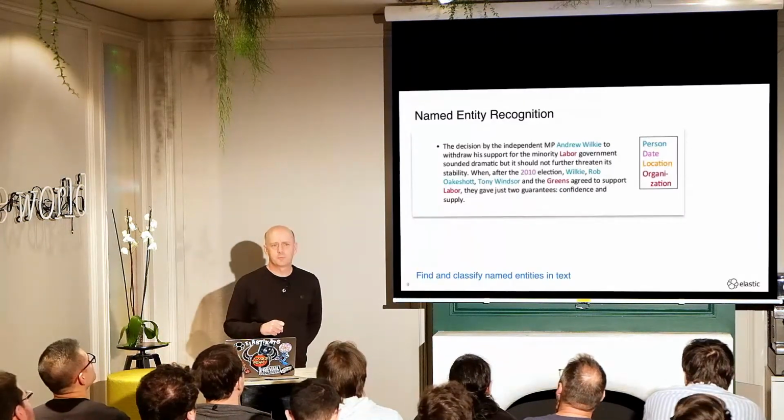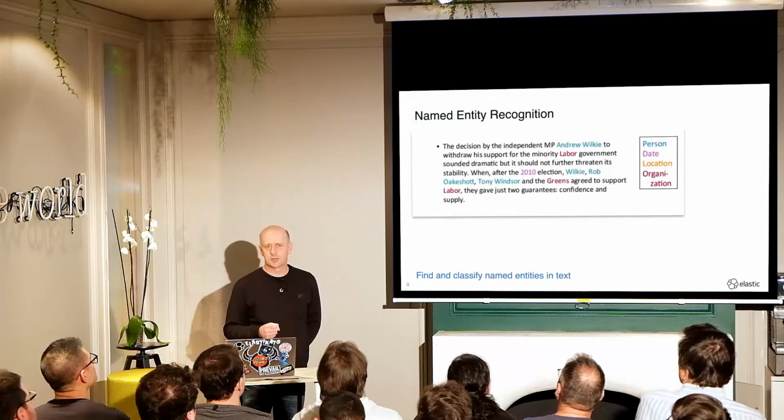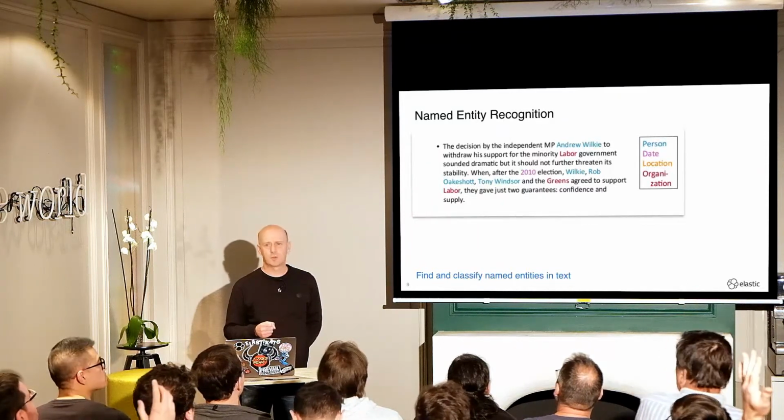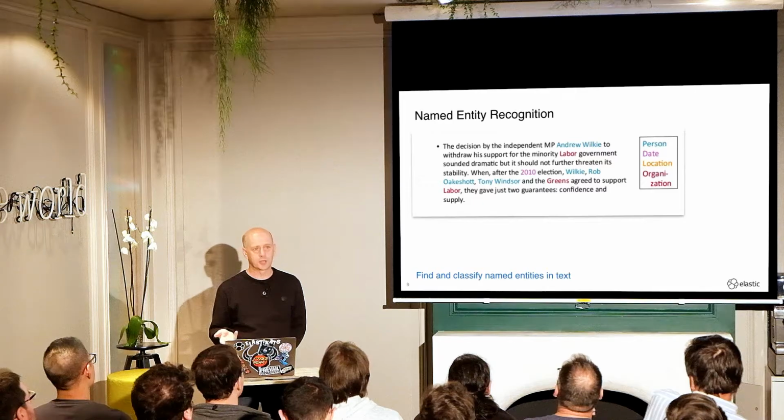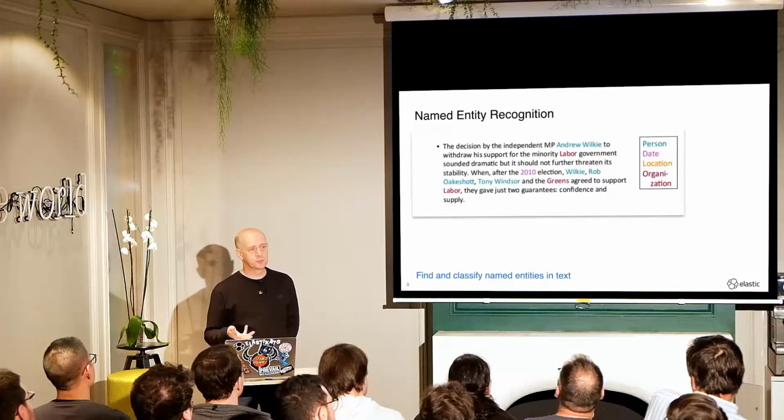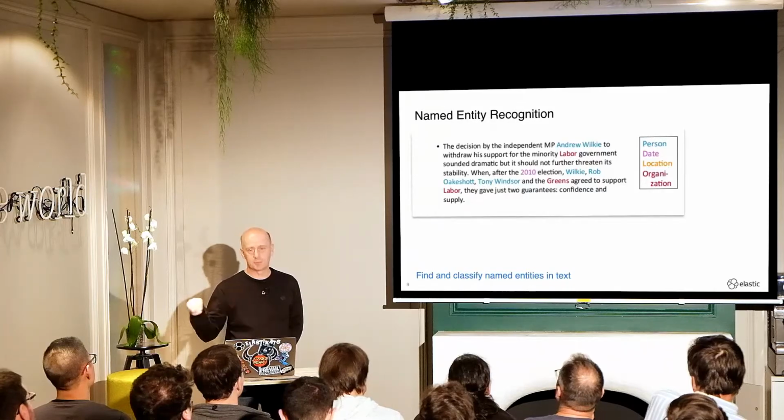So let's start with unstructured data. How many of you are familiar with named entity recognition or NER tools? All right, so quite a few of you. So you'll probably recognize, this is an example here where we have a piece of text and the named entity recognition tool has scanned that text and identified a number of people and a number of companies and a number of dates and organizations. This is what these tools try and do, is they try and spot the names of entities in text. And there are a number of technologies out there.